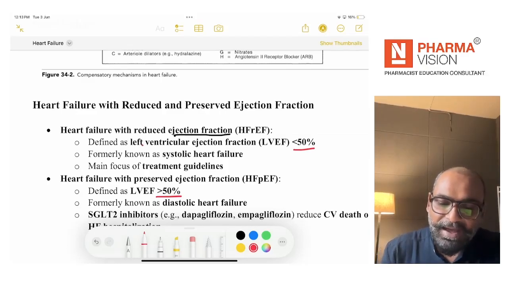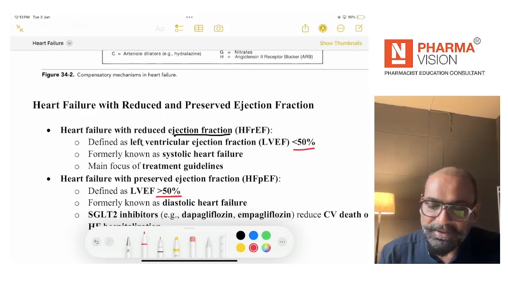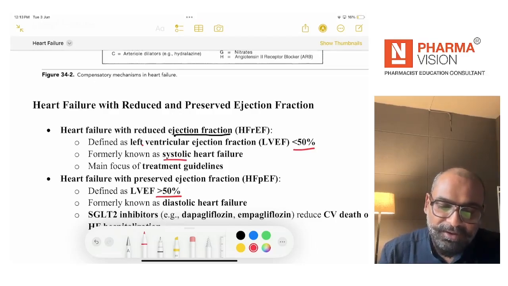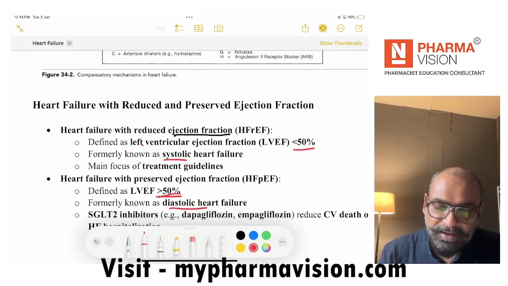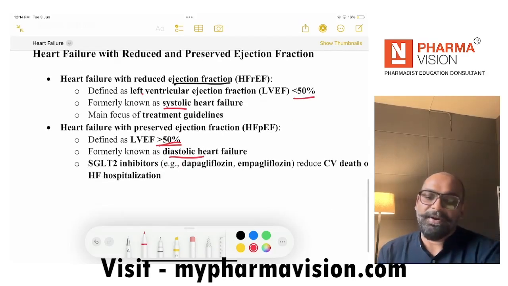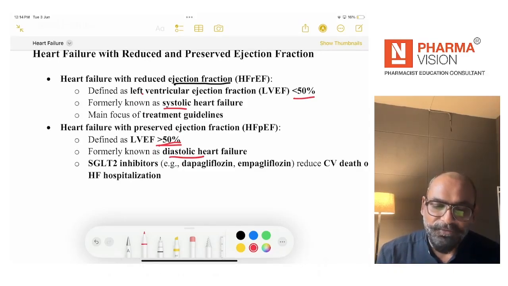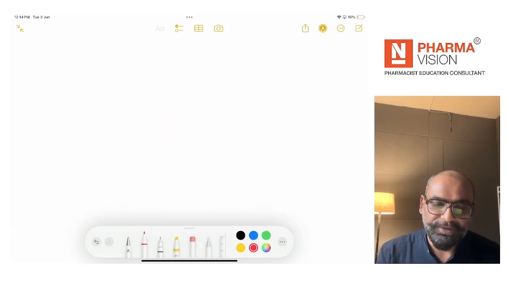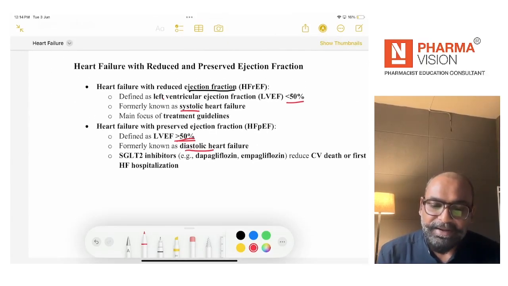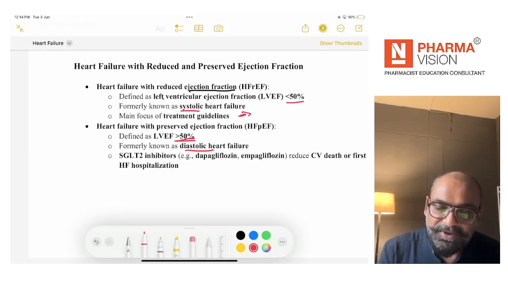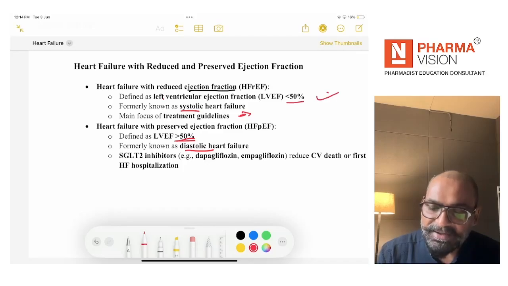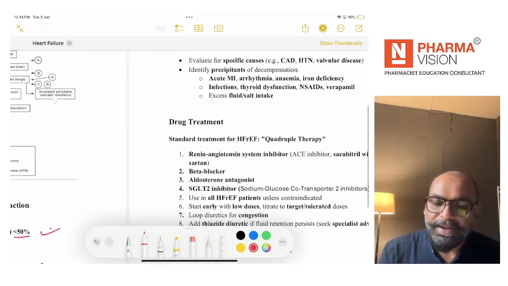So left ventricular ejection fraction less than 50%, that's called systolic heart failure, and more than 50%, that's earlier called diastolic heart failure. Okay, so the basic classification of heart failure is ejection fraction. Then the second part is the treatment regimen. Here, what is the big difference between these two? This is a very severe condition, this is a relatively less severe condition. Okay, so when we are comparing the treatment,